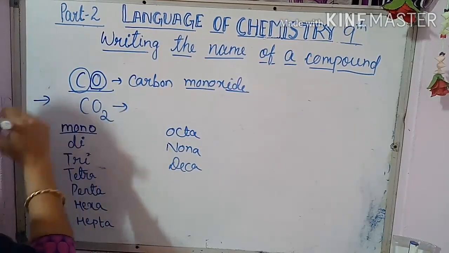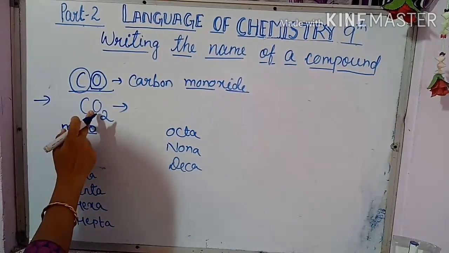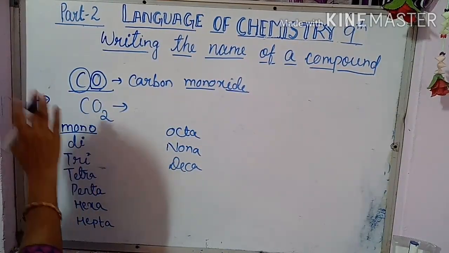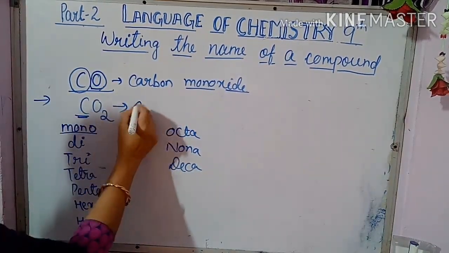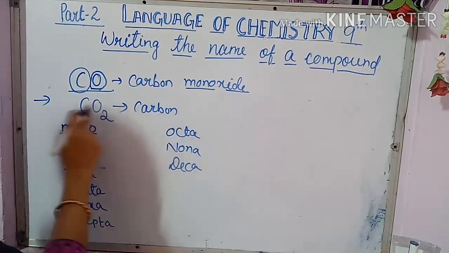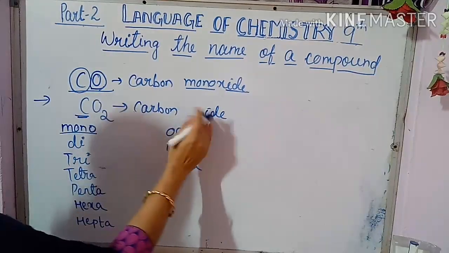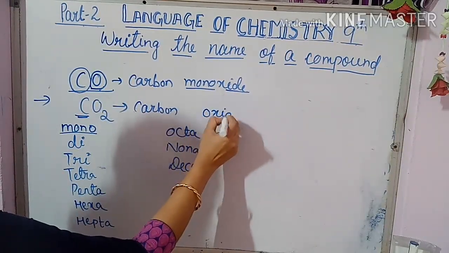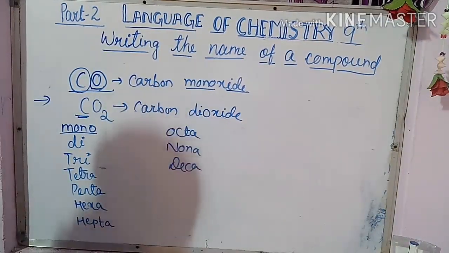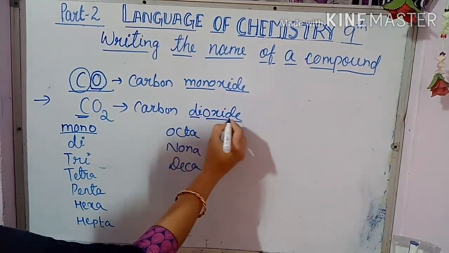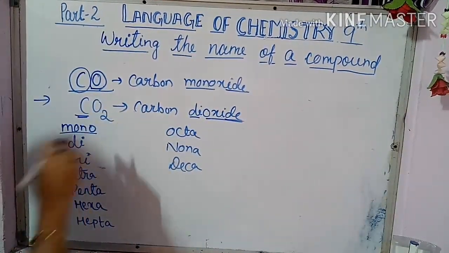Now CO2. The same carbon forms a compound with oxygen, but here 2 oxygen atoms are there. As it is the single element O, in that radical only a single atom is present. So for this you say carbon. And as you know it is 1 atom, the suffix is IDE: oxygen means oxide. But how many oxygen are there? 2 oxygen are there, so the name is dioxide. Di is the prefix, then oxide, oxygen plus IDE. So the compound is carbon dioxide.